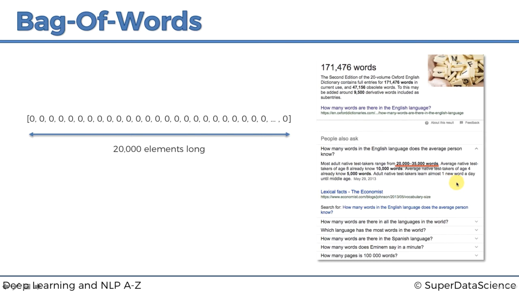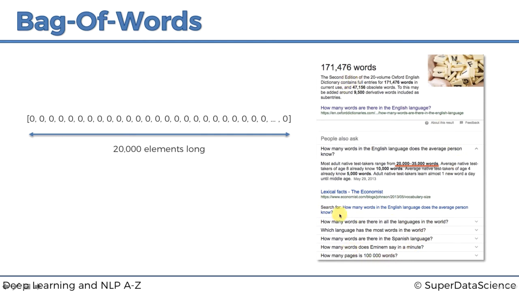I'm going into so much detail, but the interesting thing here, first of all, is 20,000, and we will see why exactly we use this number, not more. What I wanted to point out is that even this, in its own right, is Google applying natural language processing. It's looking at what we wrote, and it's also checking other similar answers. How many words in the English language does the average person know? That's not the question asked, but it came up with that. Then it came up with many other questions.